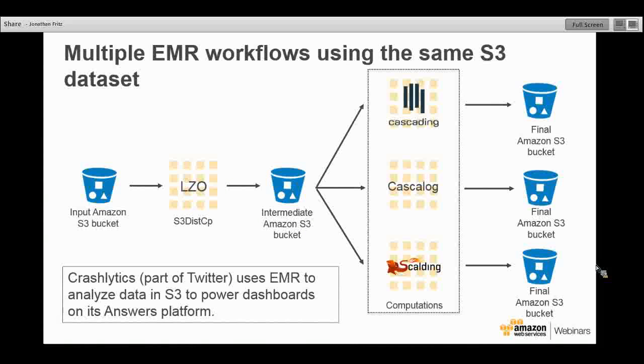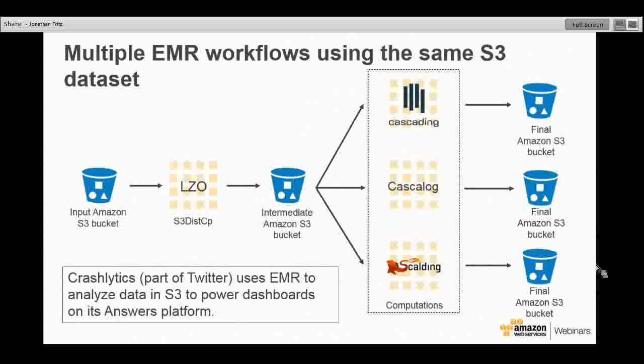Here's an example from Crashlytics, which was recently acquired by Twitter. They actually presented this use case at our SF Summit. Same idea: using many different EMR clusters running different applications that are job specific against data in S3. The flow is that data gets pushed into an Amazon S3 bucket, and S3DistCp, which is using EMR under the hood, takes that raw data, puts it into LZO format, and probably does some other small transformations, maybe putting a lot of small files into larger files for better performance